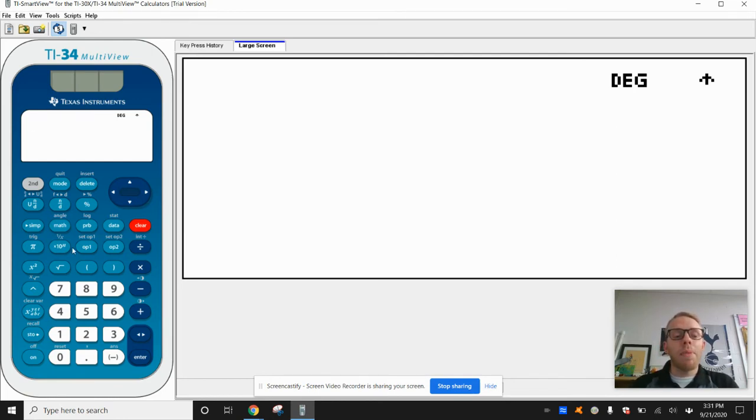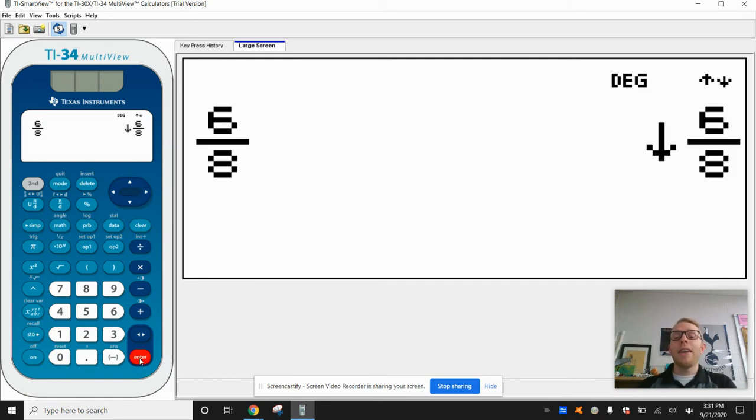So I'm going to start by using my N over D button to enter in 6 over 8 into my calculator, and you'll notice that I've tabbed over so my cursor is to the right of my fraction, and then I'm going to hit the enter button. You'll notice when I hit enter, two things happen. The 6/8 ends up on the right hand side of my display screen, plus a downward facing arrow ends up alongside of our fraction. Anytime we see a downward pointing arrow on our calculator, it is telling us that we